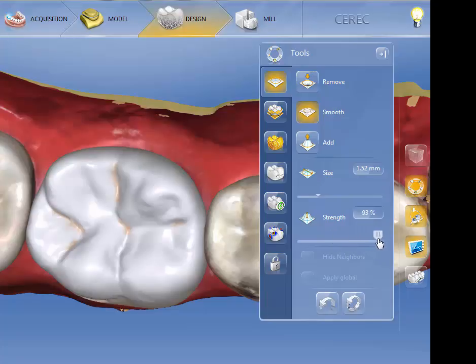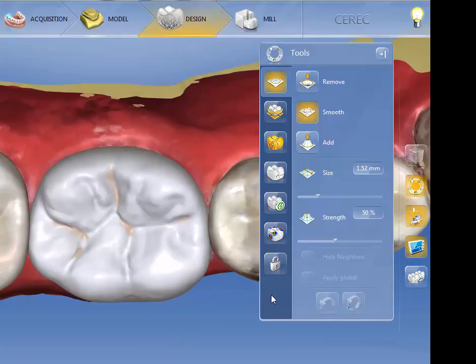Strength is a big factor on this. So if I turn the strength up to close to 100%, you can see how quickly this melts everything. So I always run all my tools at about 50%. I'm going to undo that. So we're back to where we started from. So we've done the remove, smooth, and add. And this is all under the form tool. The next tool down, if I left click on it,